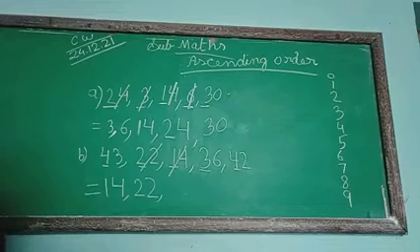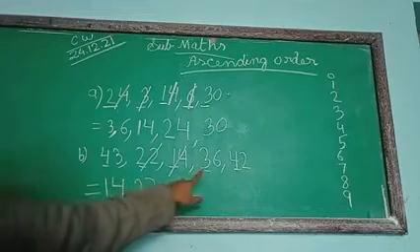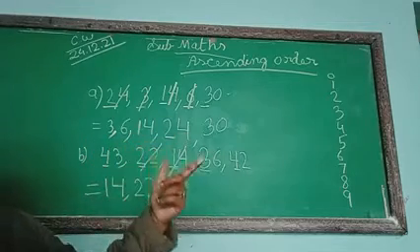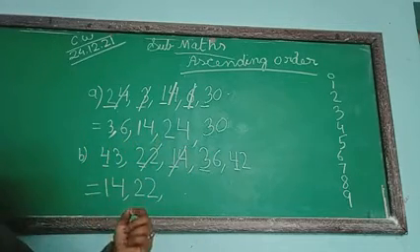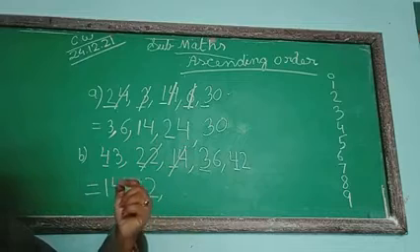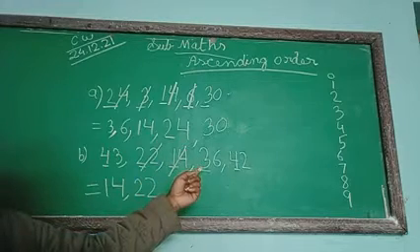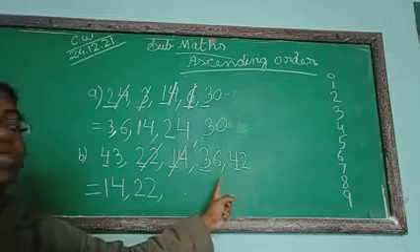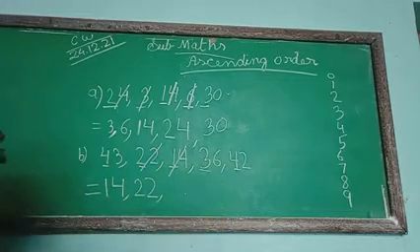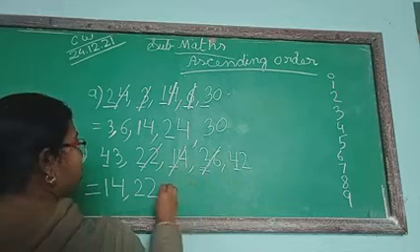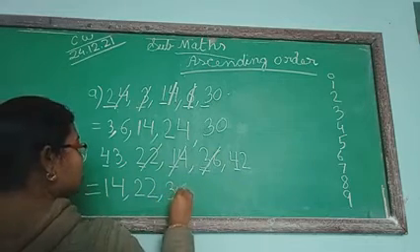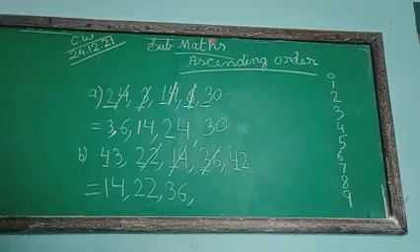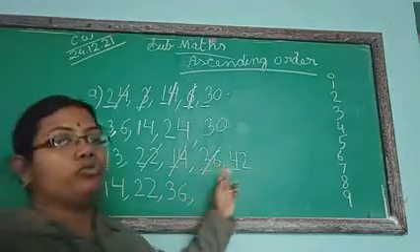Now see here, 4, 3 and 4. When we are counting 0, 1, 2, 3, 3 is the next number. So here it is 3. That means between 43 and 42, 36 is the smallest one. You write the number here, 36. Okay. Now after that you will find 43 and 42.